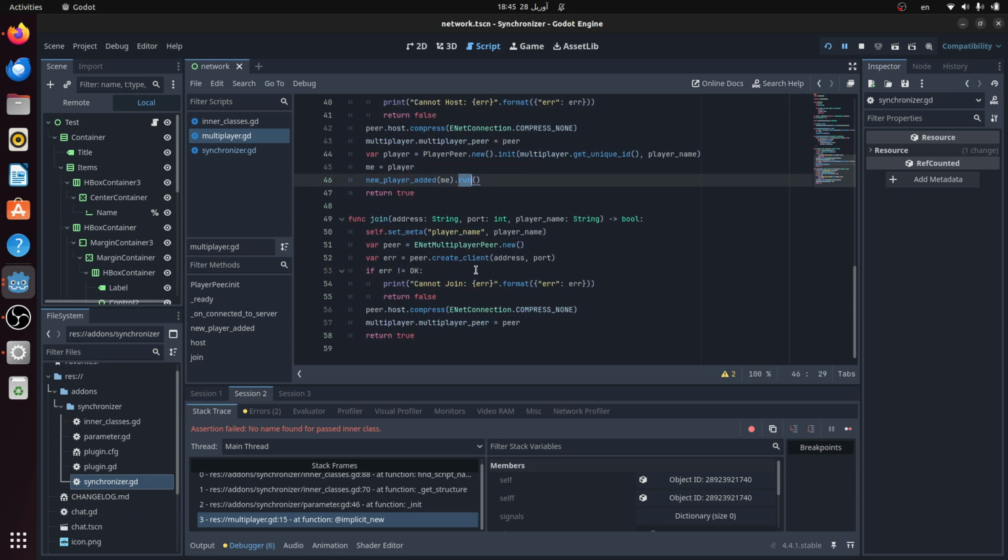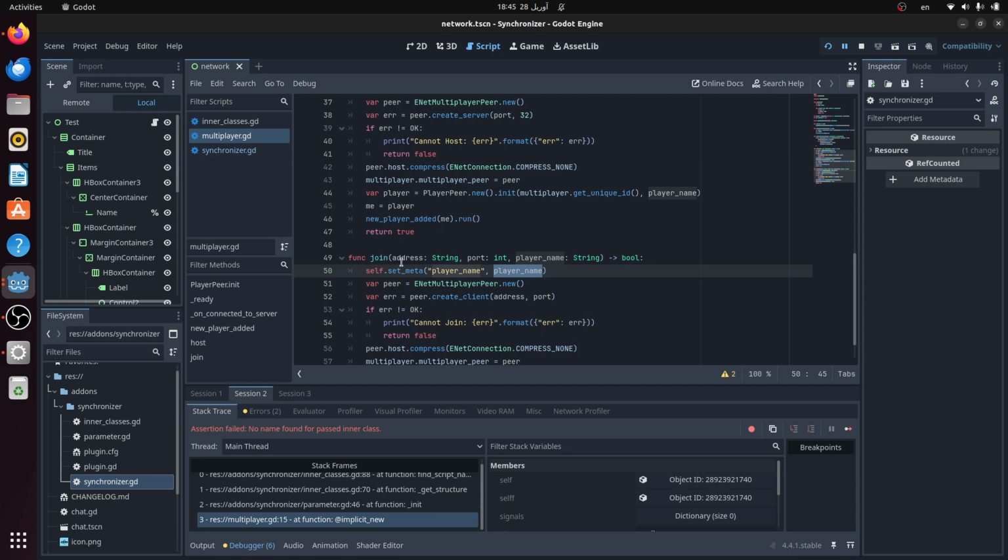But anyway, we have join over here. So what is join doing? When you click on the join button, it's going to run this function. What is happening here is that I'm saving the player name over here on metas, and then I'm going to write simple logic for connecting to a server, and that's it. We are going to return a true value so that we would know we connected to the server. And where we are sending our data to everybody else so that they know our name and our ID,